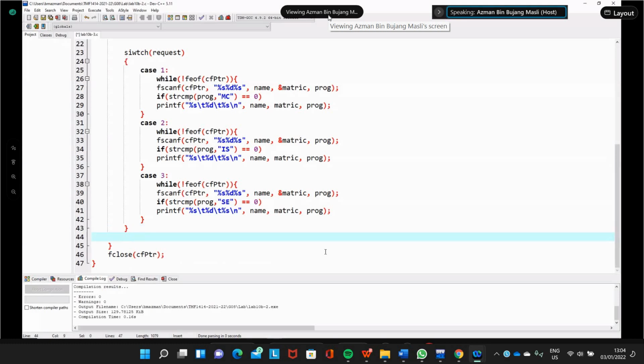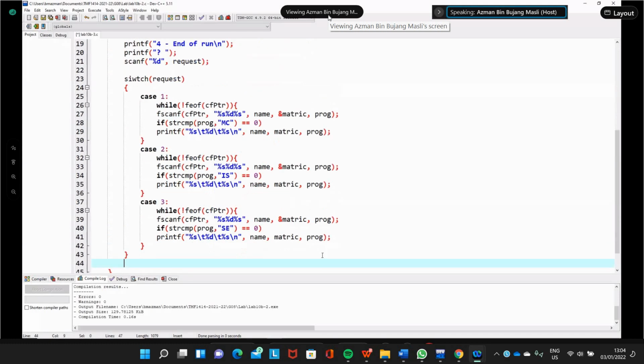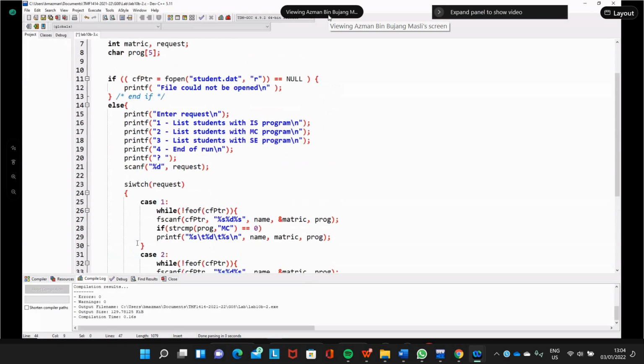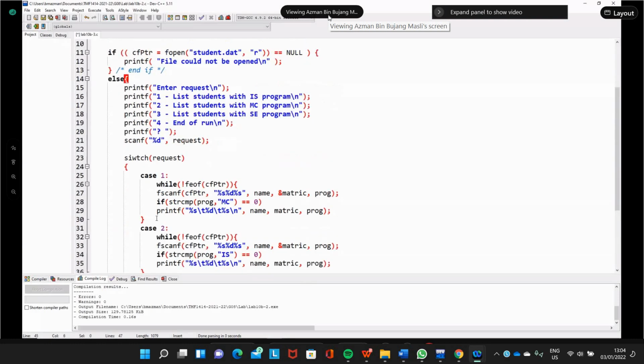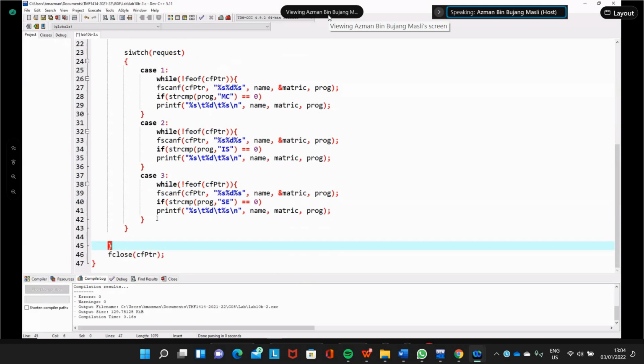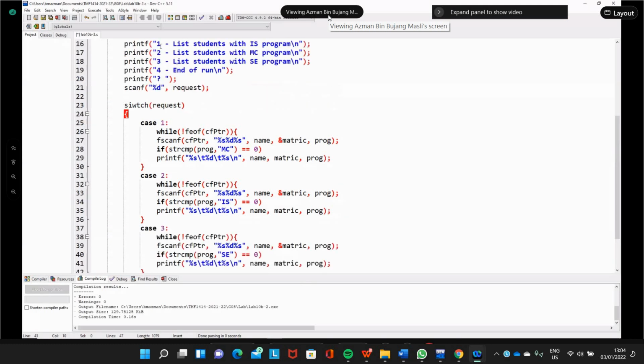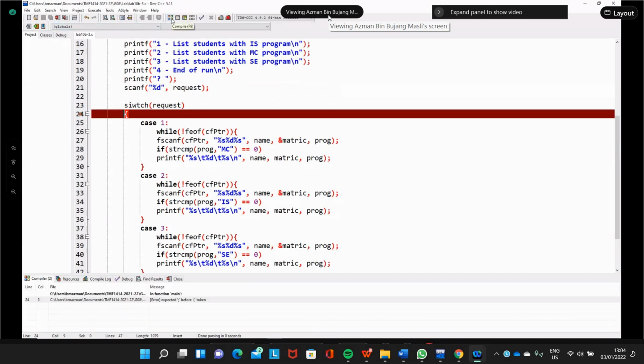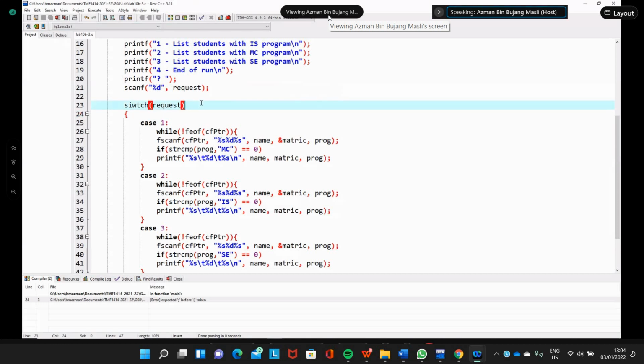Switch. Oh, this is else, isn't it? Oh, this is else. This is switch, this is this one, this is this one. See whether it works or not, just to check whether it works.